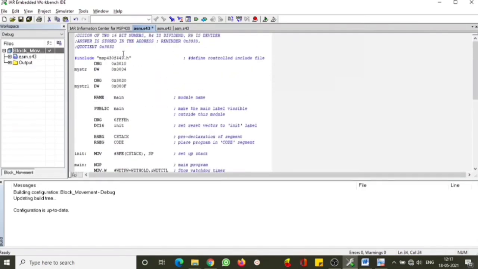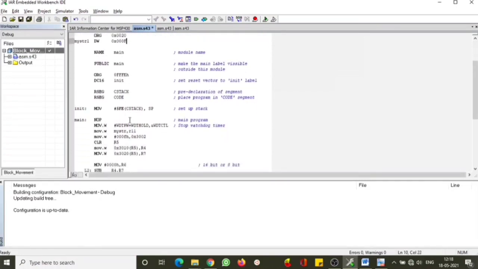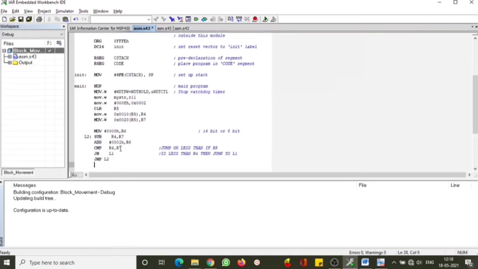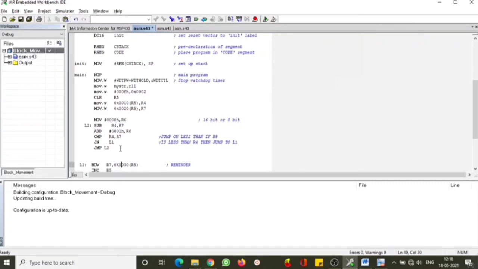That is what we are doing here. I'll reduce the value so that we can understand it easily. Can you see that it is 4? We are supposed to divide F by 4. That is what we are doing here. We'll see that the answer is stored into 30, same as the previous one. We are saving it into 30.